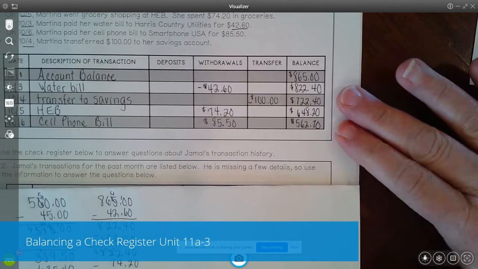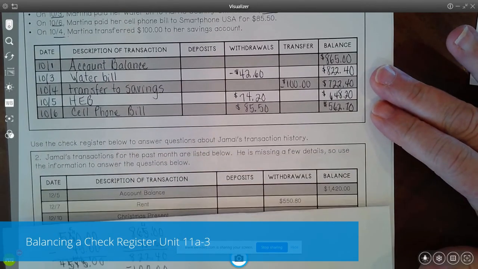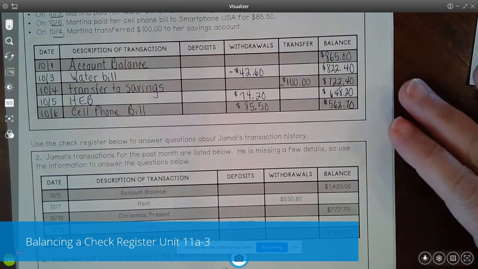Okay. So let's look at this bottom portion. It says use the check register below